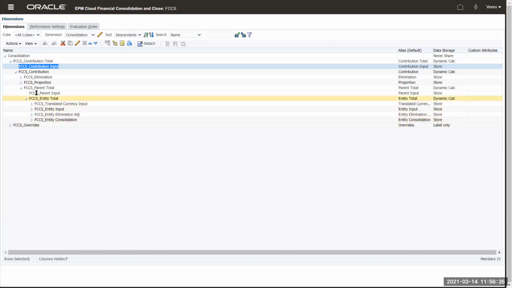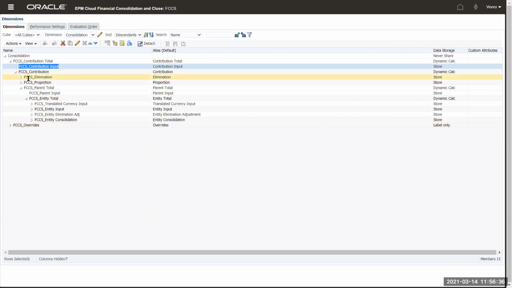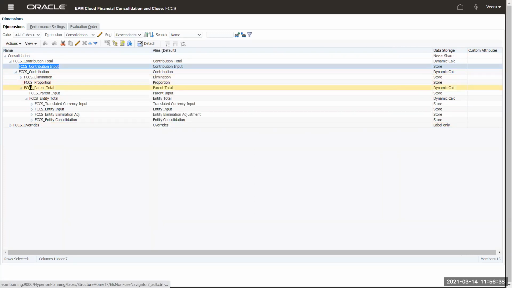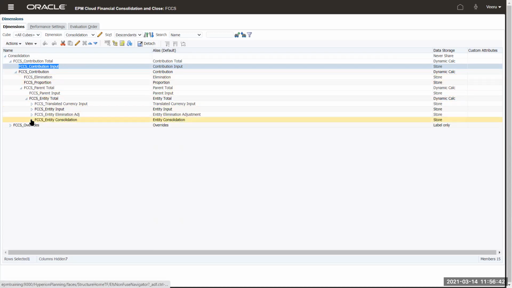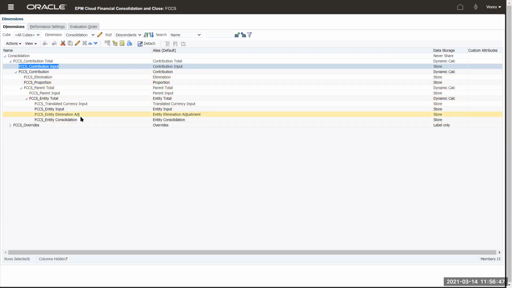Okay. This consolidation dimension, you usually don't add any members to it. This is a system out-of-the-box structure. It is used for your consolidation and elimination purposes. So I don't usually touch this. I leave it as it is. Whatever features I have enabled, based on those features, certain members are used.